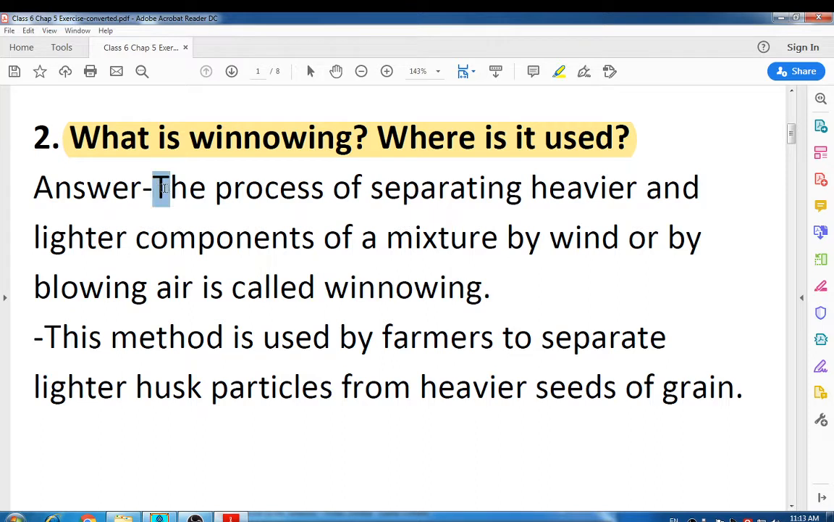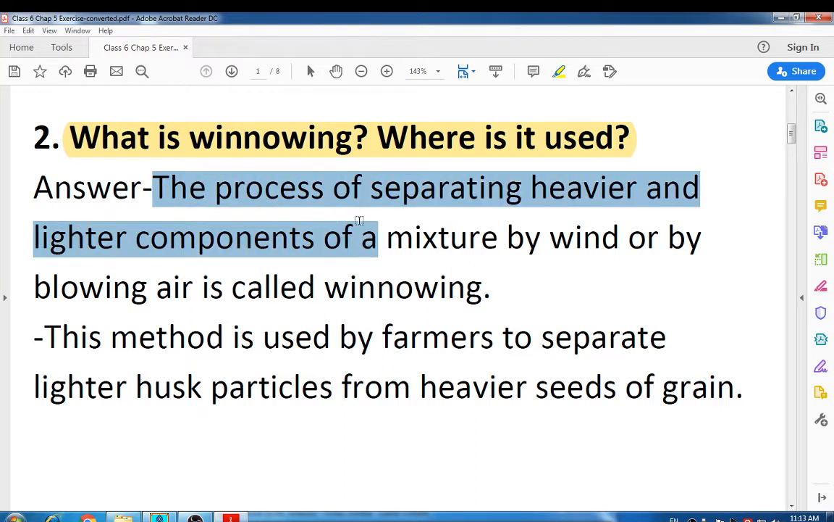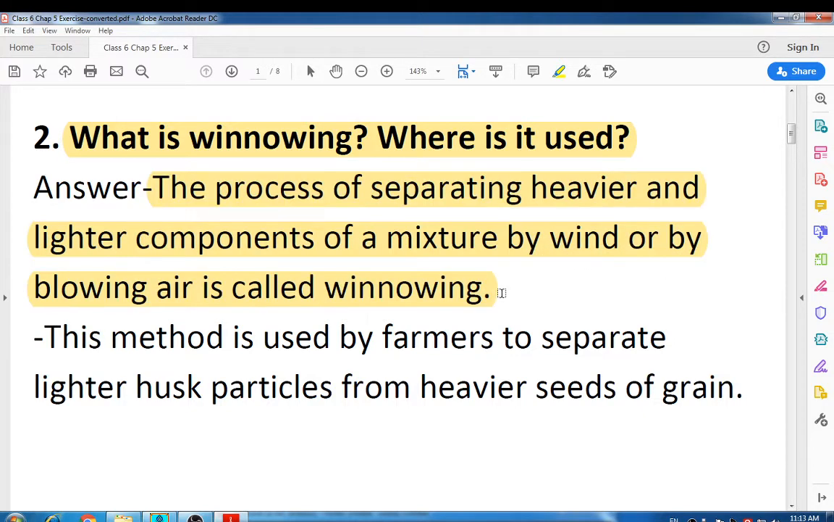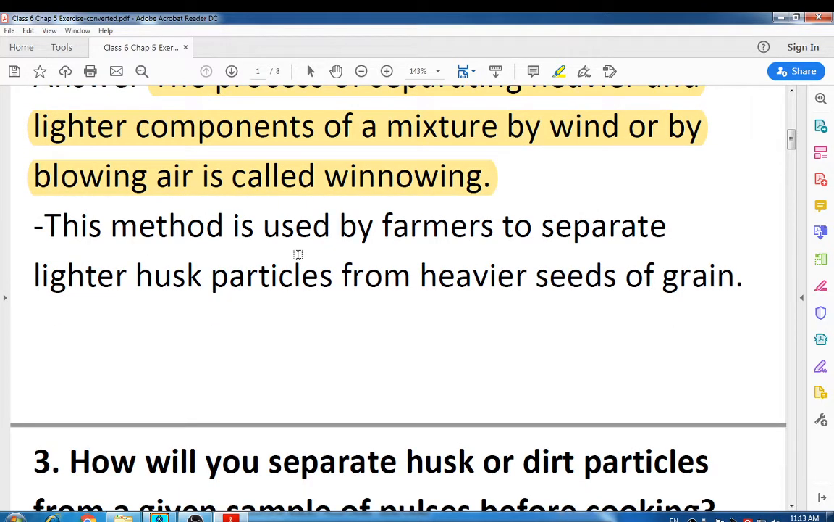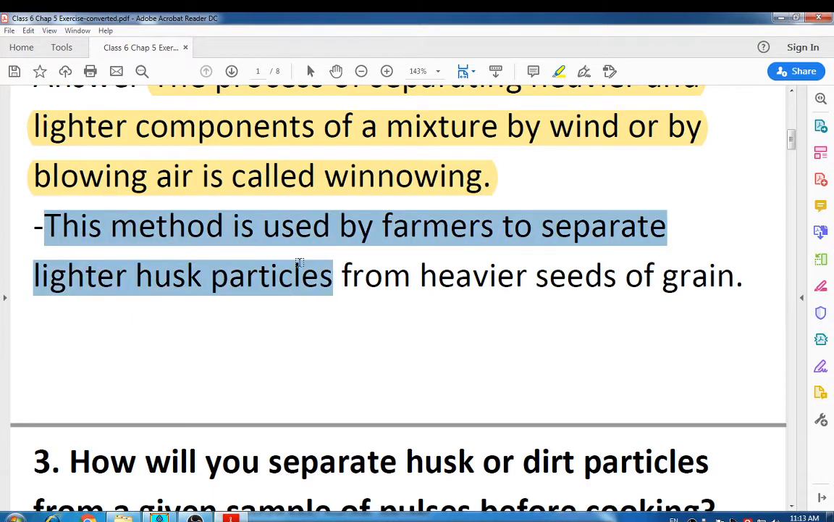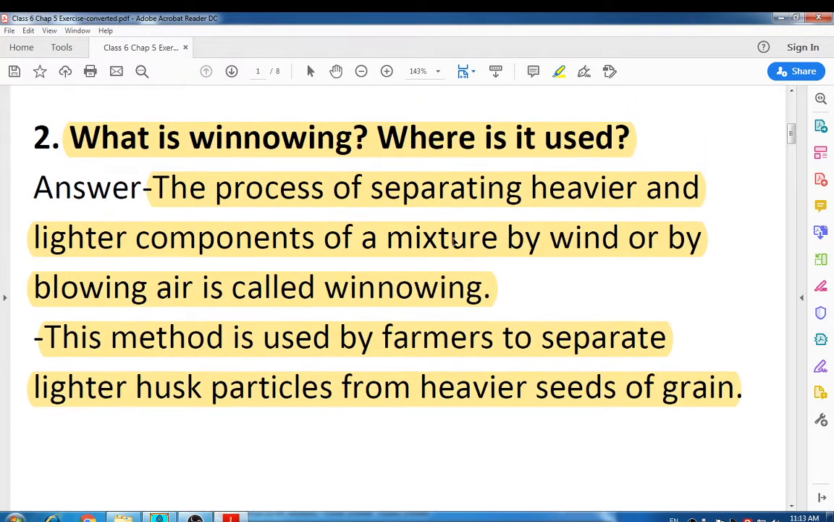So winnowing is the process of separating heavier and lighter components of a mixture by wind or by blowing air. It's called winnowing. Correct? And this method is used by farmers to separate lighter husk particles from heavier seeds of grain. So here you can write the other examples, like at home also we can use the winnowing process. Okay,